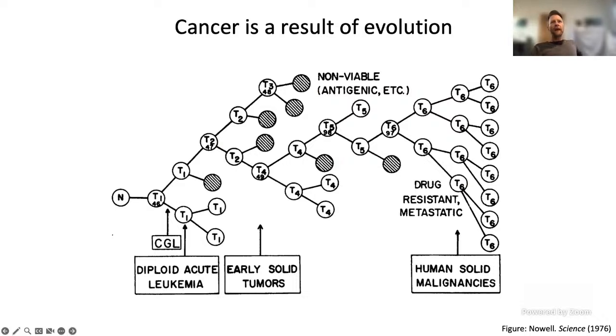So the starting point here is that we see cancer through an evolutionary lens. We see cancer as an evolutionary process. This is a classic figure that many people in my field start their talks with. I'm not going to go into the details of exactly what Peter Nowell meant here, but essentially what he was proposing nearly 50 years ago was that we can think of the development of tumours into cancer as an evolutionary process that can be represented by a tree, starting from a single normal cell and then developing into first a small tumour and then later on an aggressive invasive cancer. And so this is really the starting point for everything we're doing.